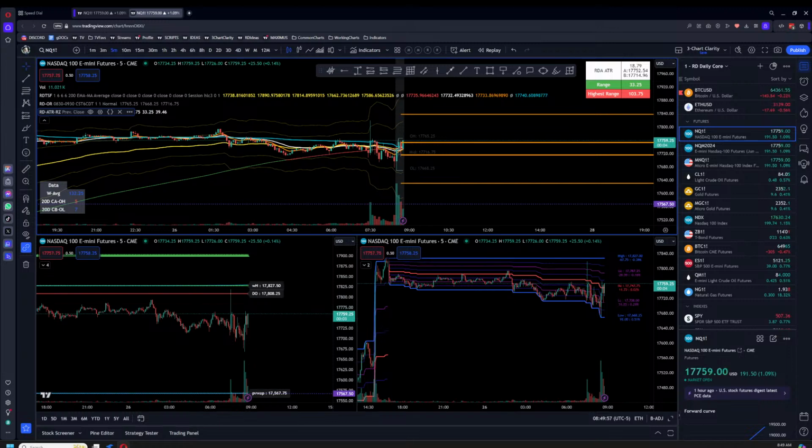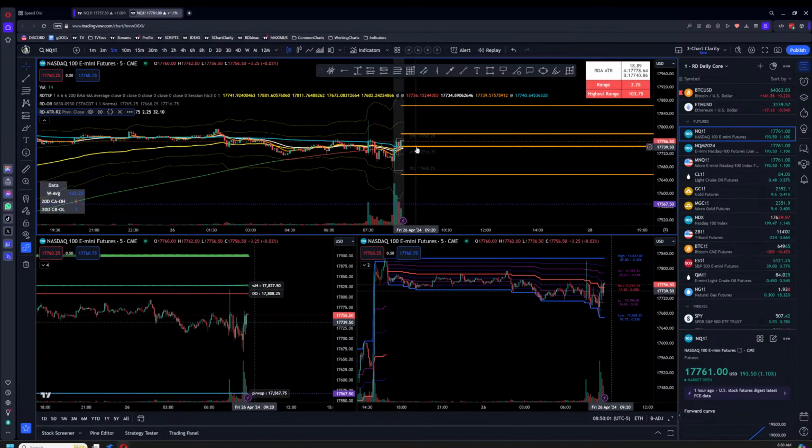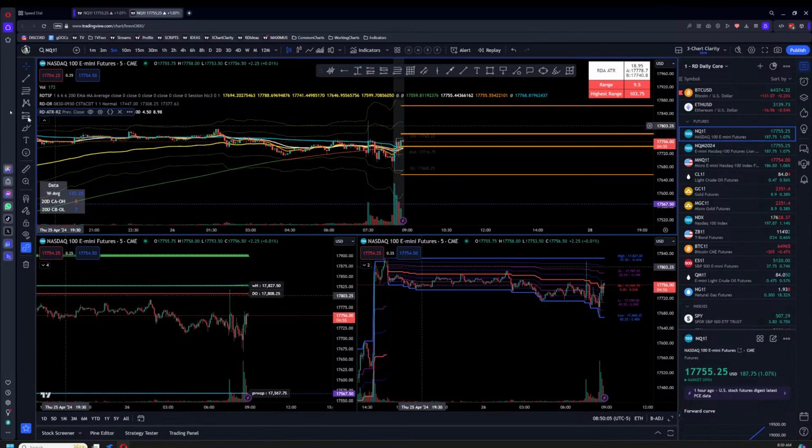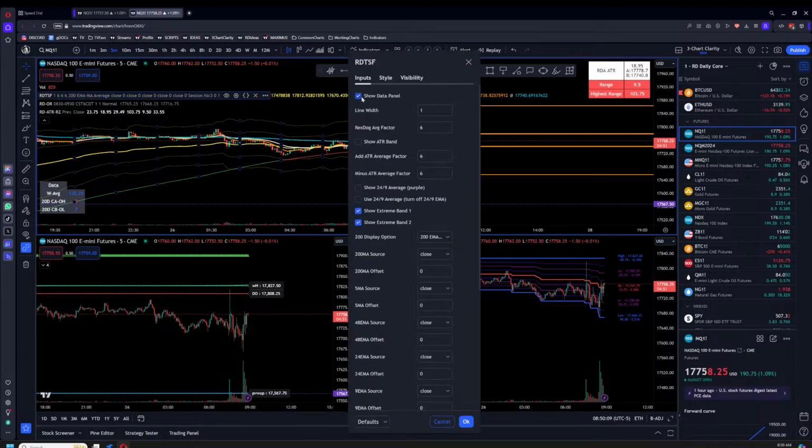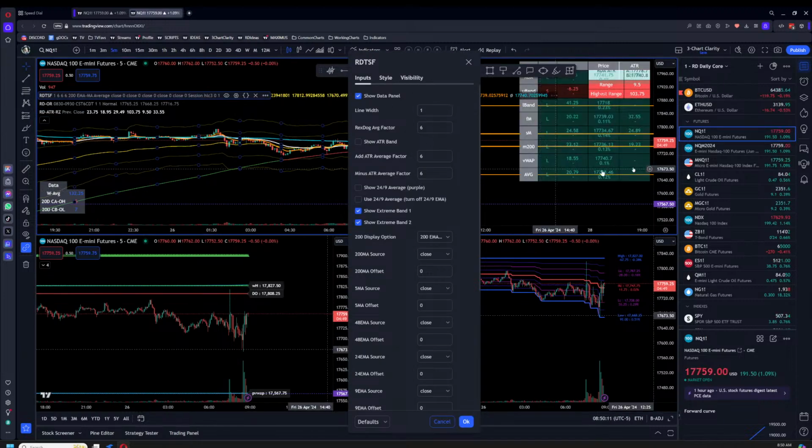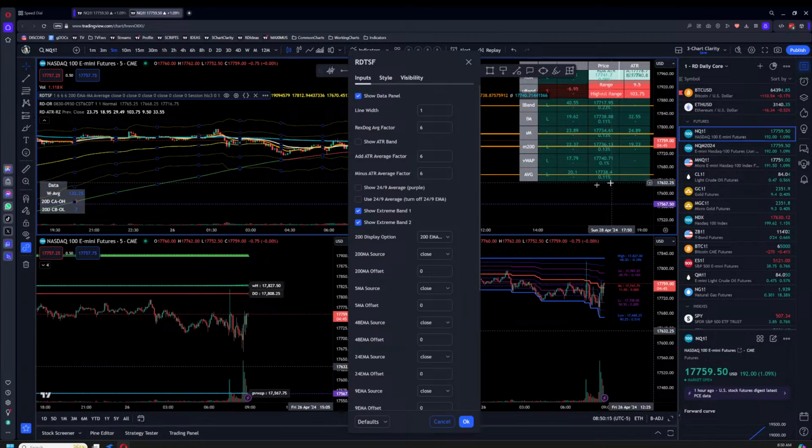So for instance, one of the numbers I want to know is the distance to the RDA. I know that some of that's in the foundation indicator. If you turn on the data panel here, we have that, but I think we could do it where it takes up a full worthwhile console